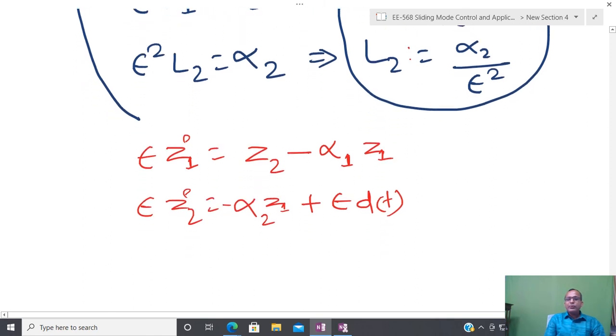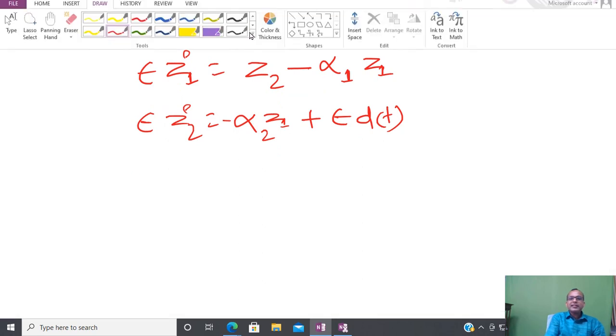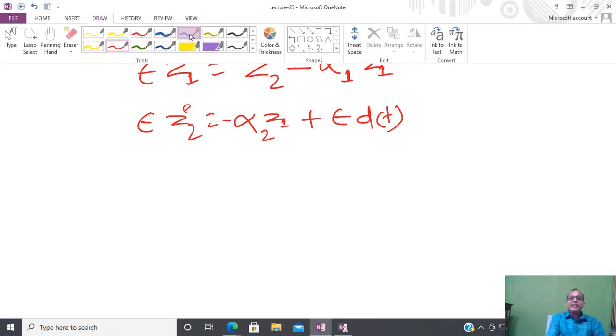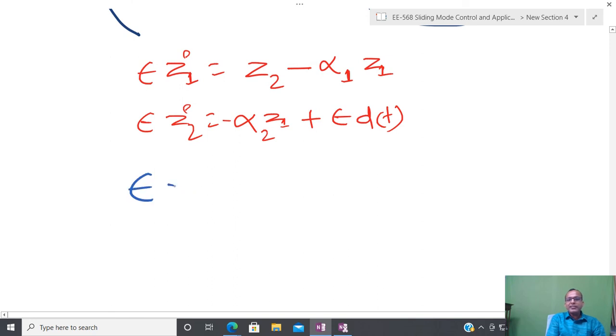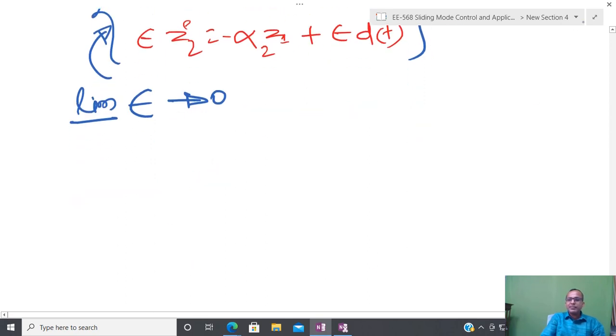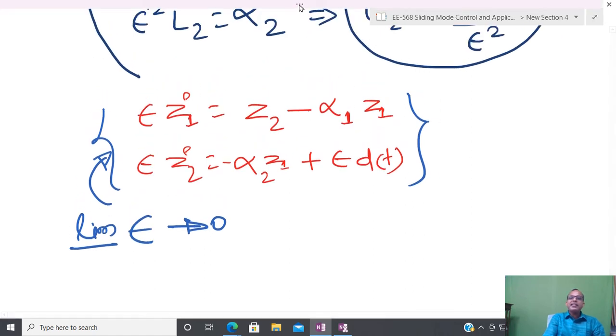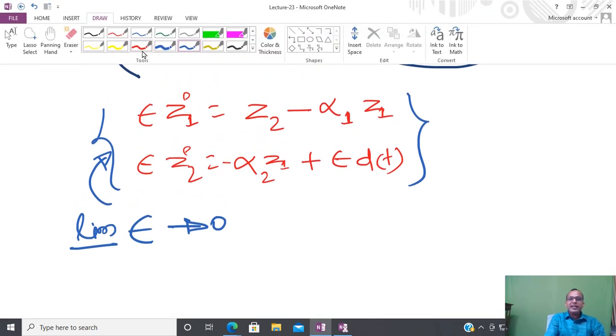Now what you can do, you try to substitute the condition. Since you are going to use very high gain, I am going to impose epsilon tending towards 0, means limit epsilon tending towards 0. So if you put that kind of limit here, could you please tell me what is the resultant dynamics if I substitute this kind of assumption, that I am going to select epsilon that is very small, then what is my dynamics? Anyone?